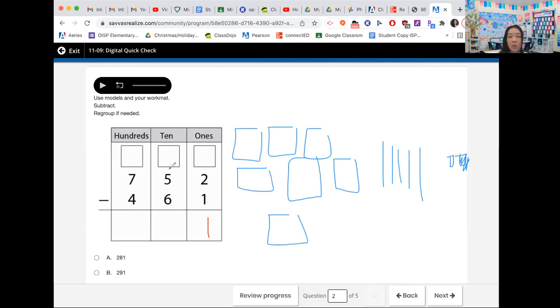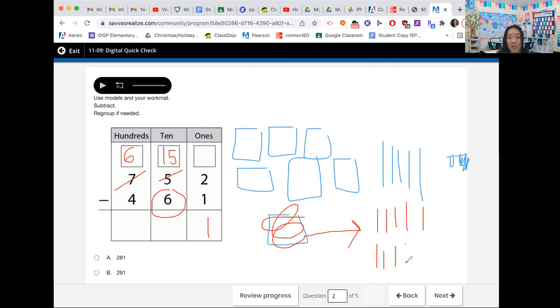Okay. Step 2 is subtract the 10s. Can you subtract 6 10s from 5? No. So what do you need to do? Regroup. More on the floor. Go next door and get 10 more. So we're going to take away this, put it over here, and get 10 more. So 5 becomes a 15 because we added 10 to the 5. Now we have enough to subtract 6. So we're going to take away these 6.